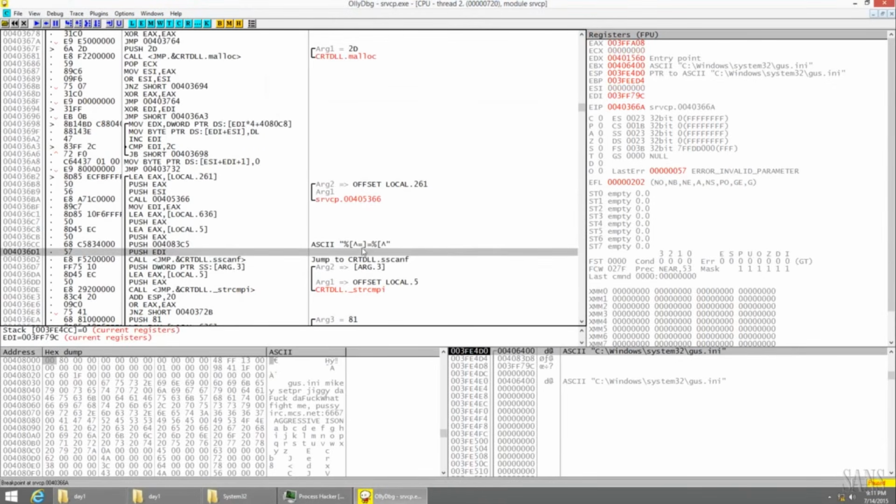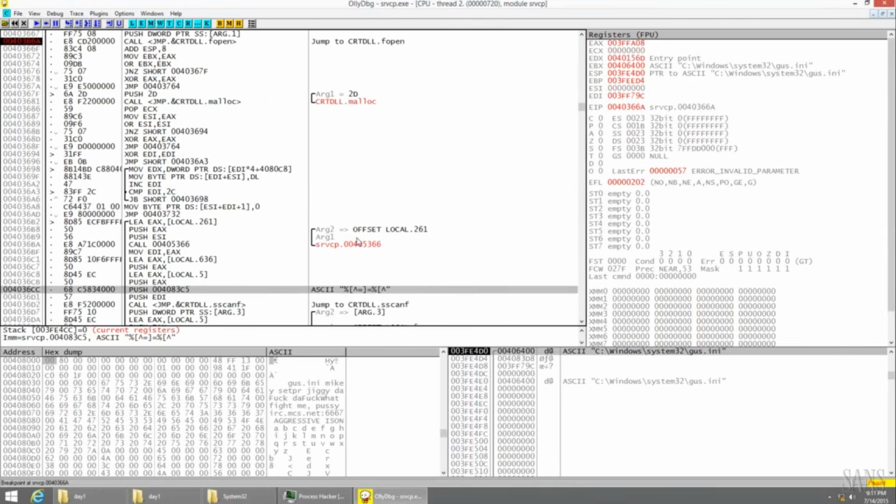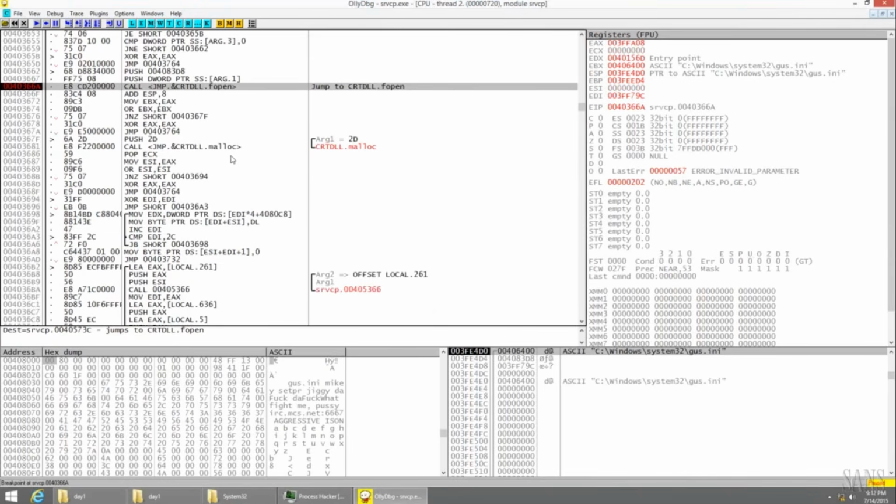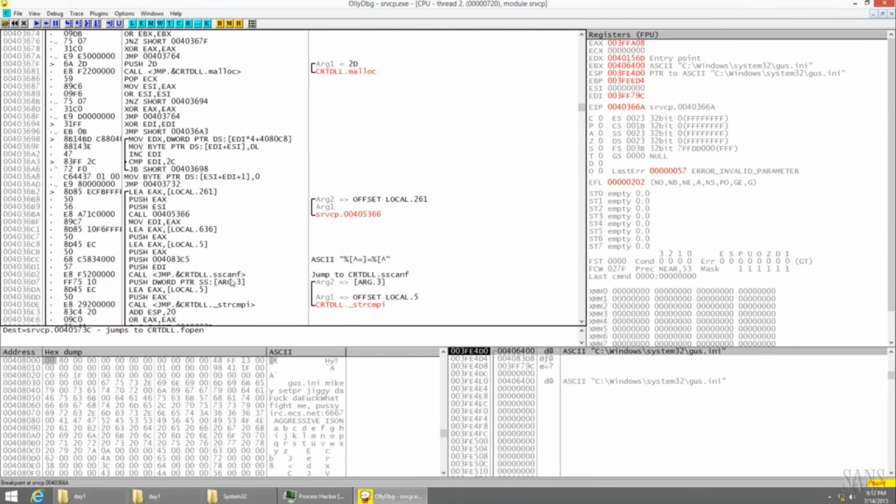scanf is right here. This is the format string. If I scroll above, I know that right here was the call to fopen. So somewhere between this fopen and scanf, it must have translated that file. It must have decoded it, because apparently